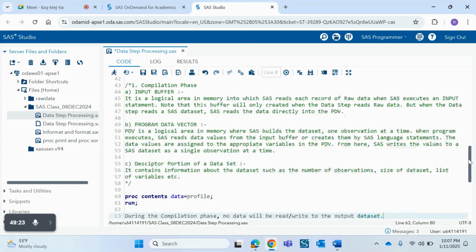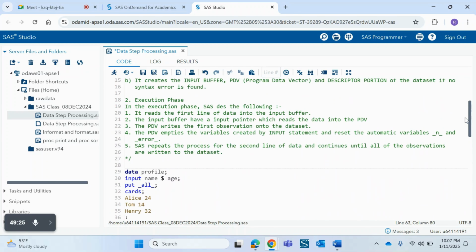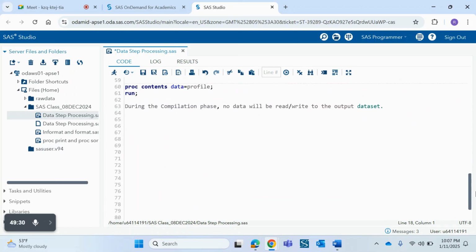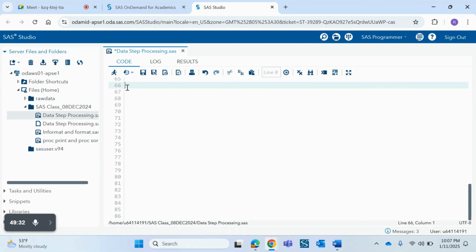We'll proceed ahead now to the second most important phase, the execution phase. Now what is this execution phase, and how does it happen? Let's see how the PDV is getting assigned for these things. In the execution phase, as I already explained, let's just write: during the execution phase,